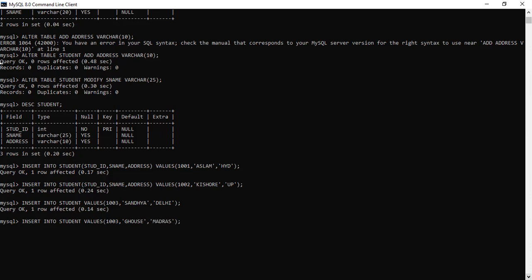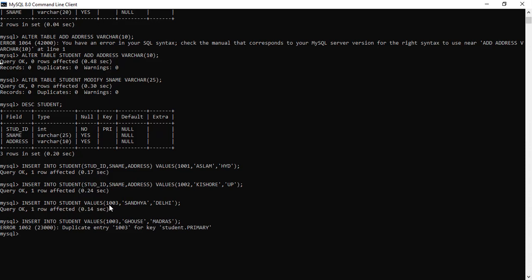Okay, now if I enter over here, I'm getting an error called duplicate entry 1003 for key student dot primary. Means it is telling me the importance of the primary key. Wherever it is being applied to our student ID, I'm applying it as a primary key. So it is telling me that duplicate entry is happening because Sandhya is already taking 1003.